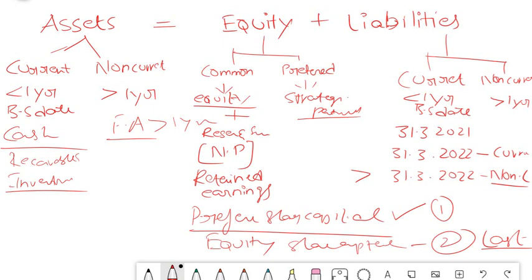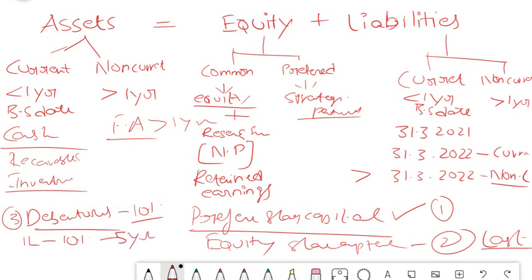So they are also one part of your capital. And at the same time, there is another thing called debentures. Debentures are nothing but a kind of loan, friends. Instead of approaching a bank for a loan, they issue debentures. It is subscribed by large institutional players or maybe your group company itself, and it is a kind of loan which carries a rate of interest. That means I will issue 1 lakh debentures at 10% interest, and the maturity is 5 years. For 5 years I have to keep paying 10% interest, and at the end of 5 years I will settle the principal, just like a loan. So that is how debentures work.